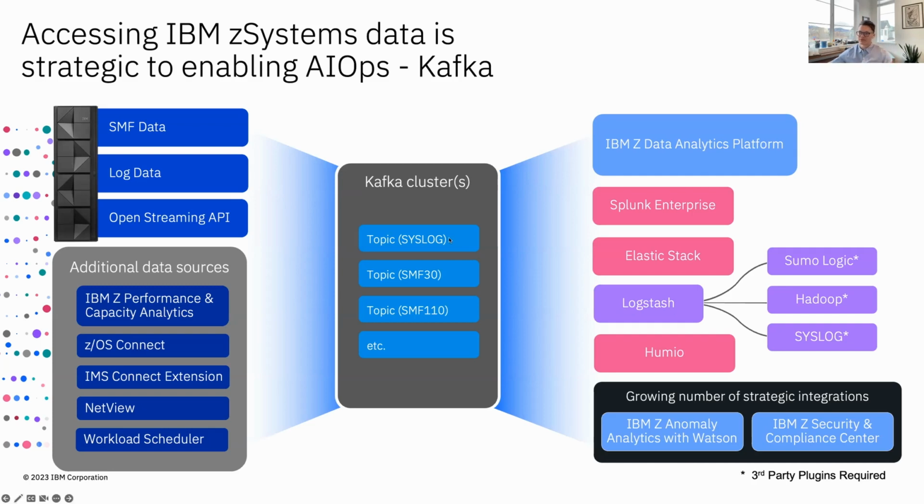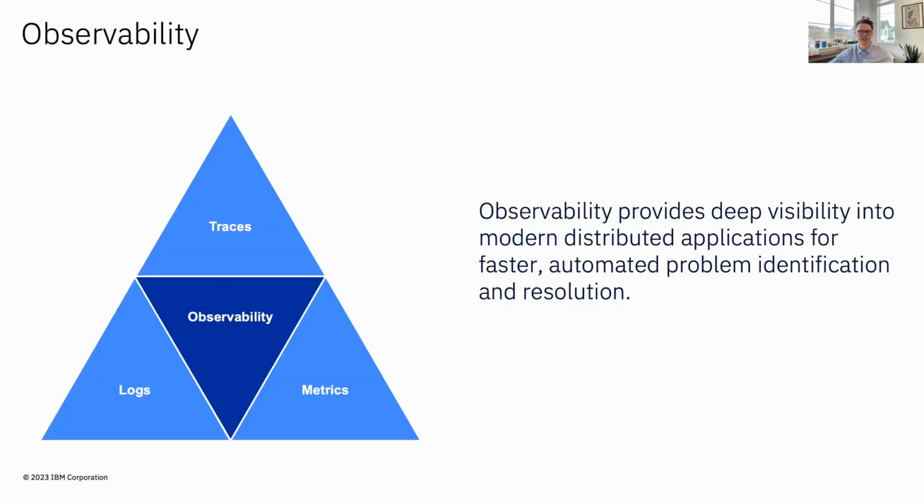So, for example, we have some syslog, SMF 30, 110, and the list goes on and on. So being able to subscribe to these topics and use this data once it's published once is a really key way to enable this ecosystem and really enable you to grow the use cases for these different data types and really make our Z operational data a first-class citizen in this larger ecosystem of what's next, observability. And now that you're at least vaguely familiar with a lot of the things I've discussed,